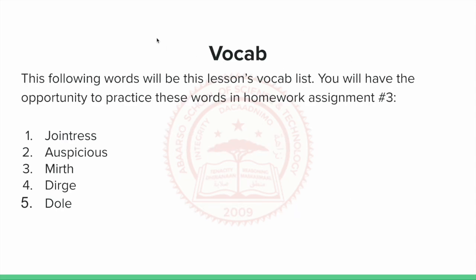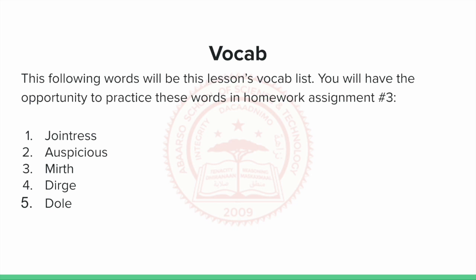So vocab. It shouldn't say "this following word," it should say the following words will be this lesson's vocab list. You will have the opportunity to practice these words in homework assignment number 3. Again, the five words: jointress, auspicious, mirth, dirge, and dole. The reason I want you to define it yourself, especially for Shakespeare, is because you're going to need to get into the habit of circling words, highlighting words, because there's going to be a lot of unfamiliar words, or even words that just aren't commonly used anymore